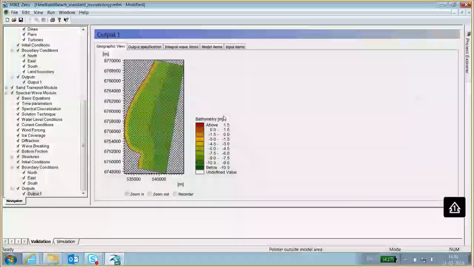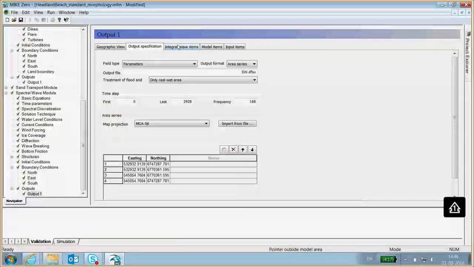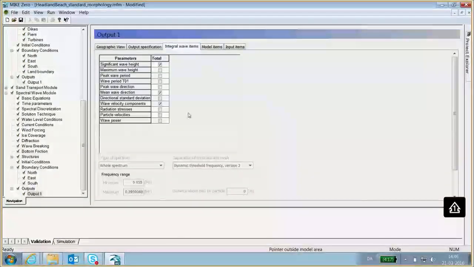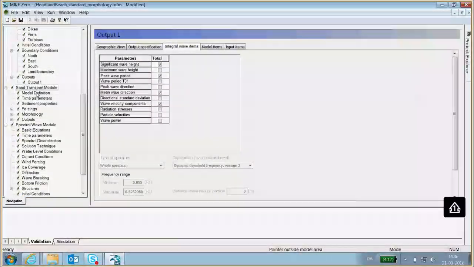For the outputs, again, just the area output and just a few selected parameters. It's nice to see the peak wave period as well, of course, normally. So that's okay. Then we'll move on to the sand transport module.